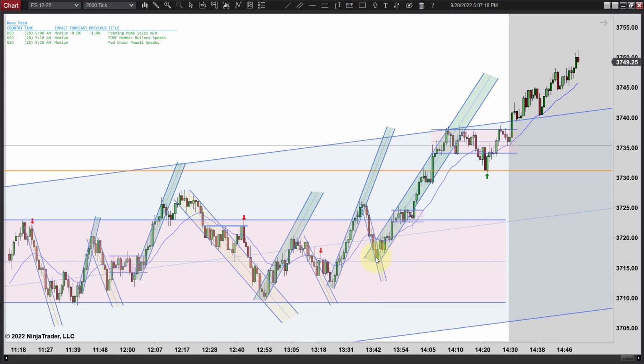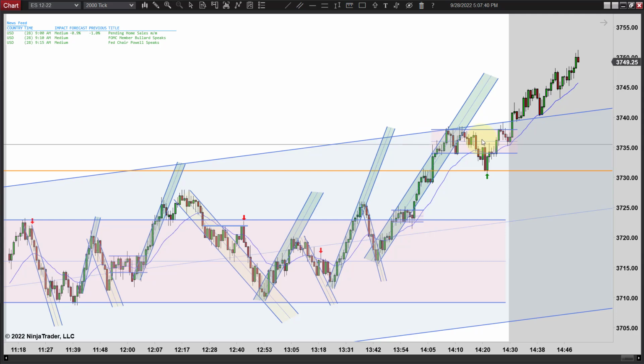So this market's really tough to get a handle on right here. It's just hard to trade this. Now several of these were all playing out until here, and then now none of them are playing out. You might argue this one did because you get a close outside here, but it's just a little bit of resistance there. And it runs on up.